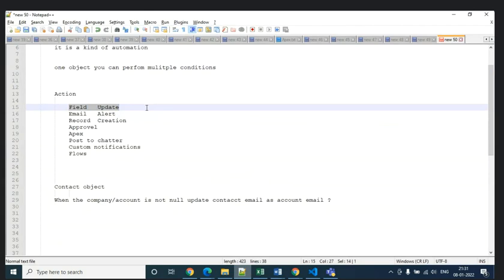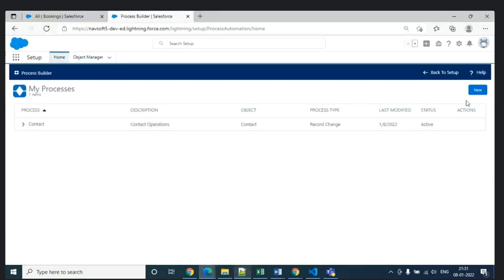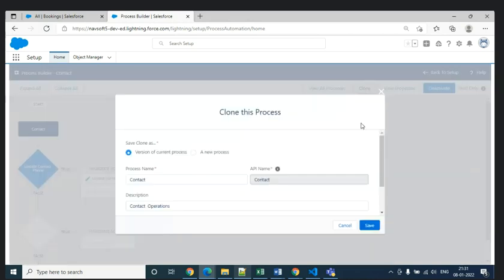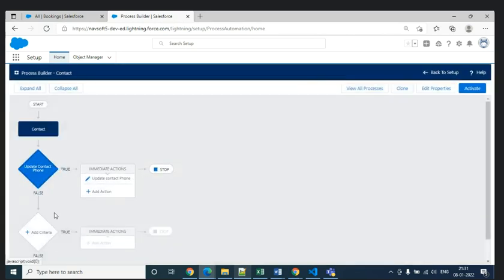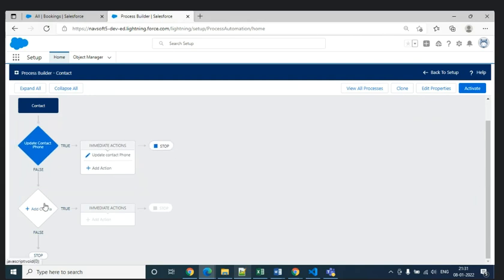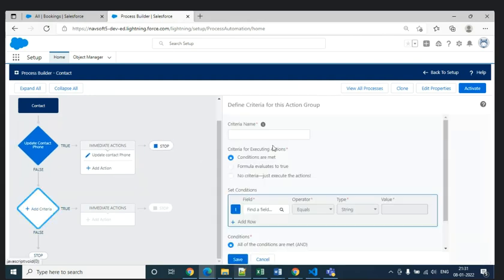Okay. Now let me help you with how to create a record. We can target the same object, because you need to understand there are multiple actions over there and how it works. Try to clone it. If you want to do something on the same object in the same process builder, you need to clone it. Now see, I can write a different condition. What different condition do I want to write? Record last name has a value and also has the contact.